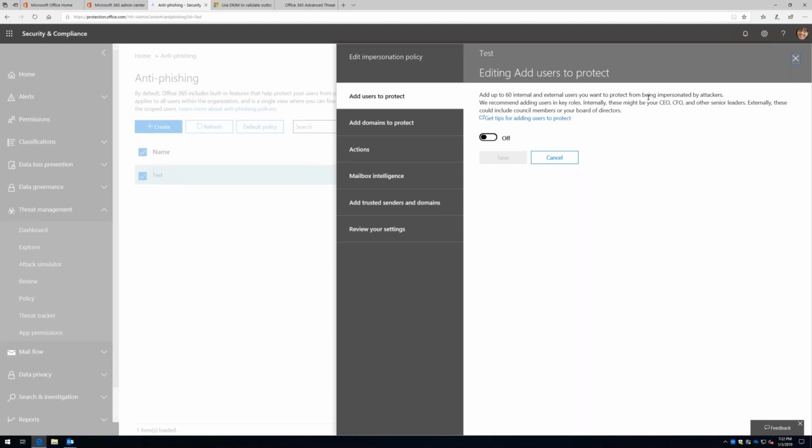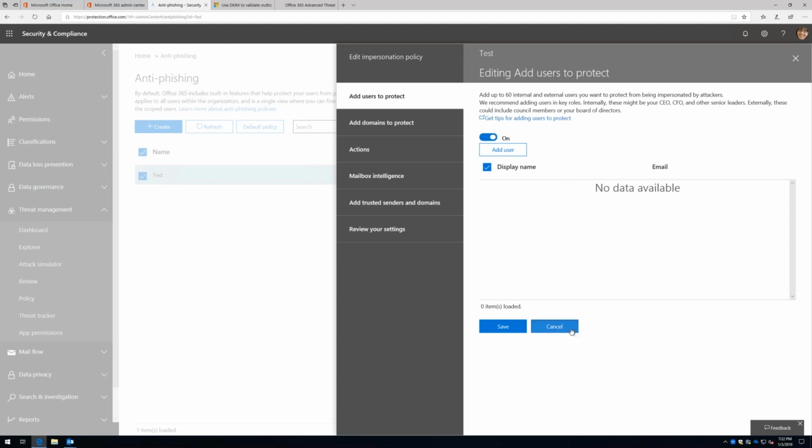So going back to the example of Conrad and Sean, Conrad being the CEO, if I impersonate Conrad, then I could probably get Sean to do something like wire transfer me money because it's coming from Conrad, his boss, the CEO, and there's power there, there's influence there. Well, by enabling this allows me to protect those users, so somebody like Conrad, and I would simply add their name here. And so when an attacker goes to impersonate them, the system will see that it's being impersonated and not even deliver the message. It'll quarantine it or it'll just delete it.